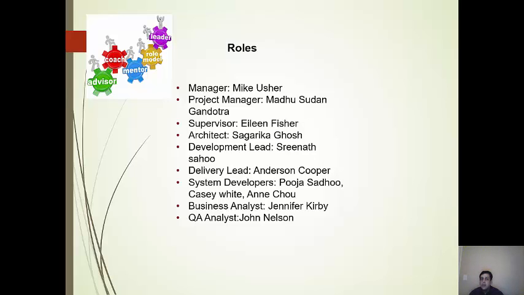Architect Sagarika Ghosh is available for any questions related to the architecture. Development lead Srinath Sahu will help the development for any day-to-day issues and will also decide the assignment of the tasks. The delivery lead will make sure the project moves per the project plan and make sure the system is developed per the timeline. The system developers Pooja, Casey, and Annie